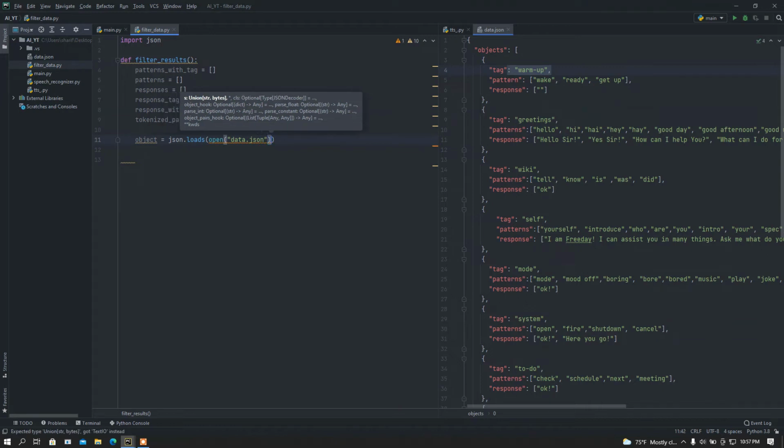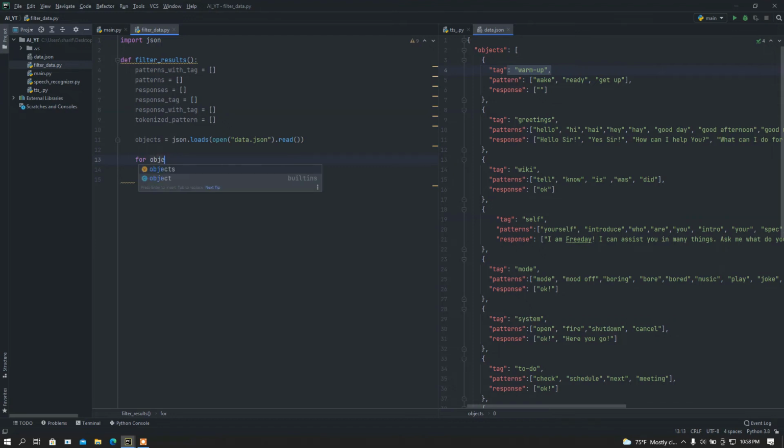Okay, and then I'm going to read this using this read method. Okay, that's good. Let me rename it as objects. Then I'm going to add a couple of for loops. So, for object in objects. Here I'm going to filter